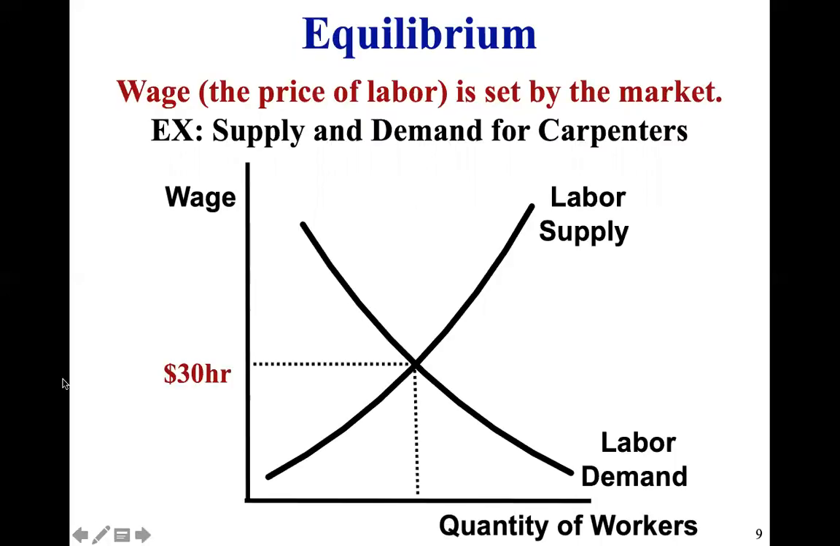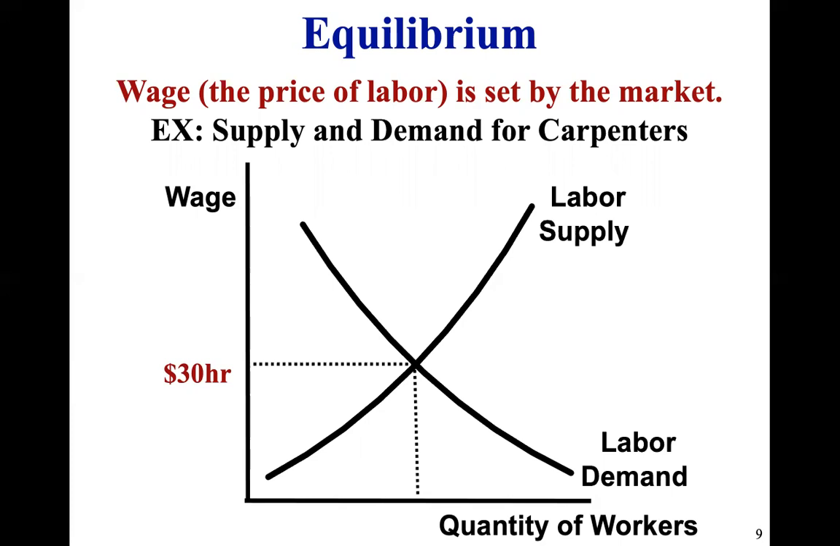So let's say, for example, this is the market showing the supply and demand for carpenters. Whatever that equilibrium price is in the market is going to set the wage for that particular industry. And in this model, we have the equilibrium wage being $30 an hour. Okay, so this is a really important graph for you to understand because this is why people make the wage